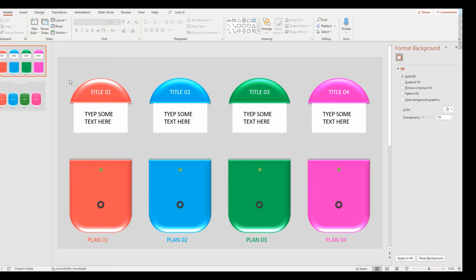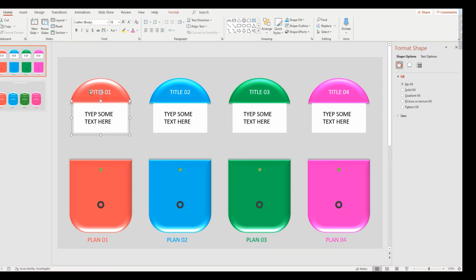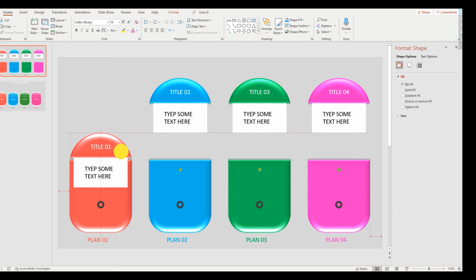So now grouping is going to be done. Ctrl G, grouped. So each and everything we need to do the grouping. Okay, fix it and click send back.